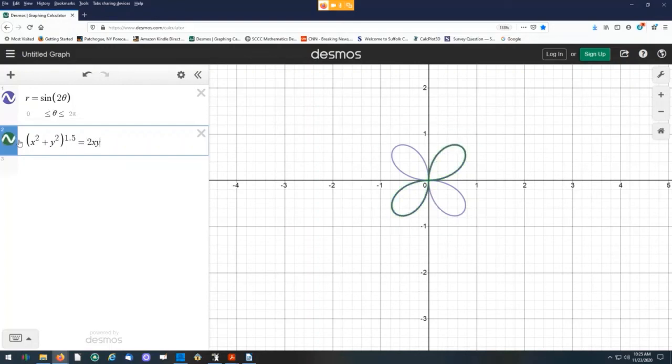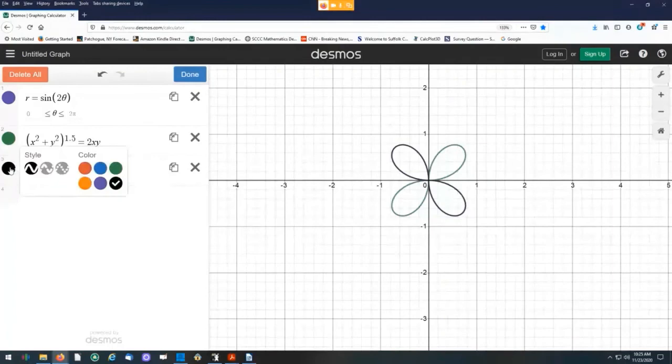And what happens here, it only gives me half of the graph. If I want to get the other one, I would have to put in plus or minus over here. So if I put in the minus, it gives me the other half. So I have to graph 2 of these to get it to work out. I have to take this one, which is the plus, because I get a plus and minus r. That's the whole thing that happens over here. And if I want the entire graph, I have to put the minus over here. And graphing them both together, if I make this green as well, then I would see,